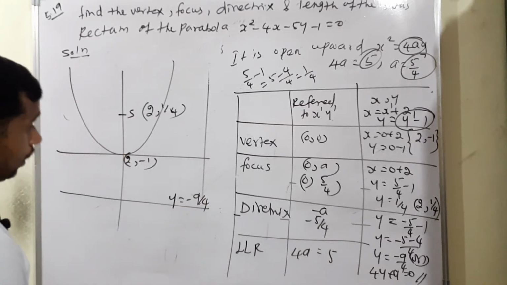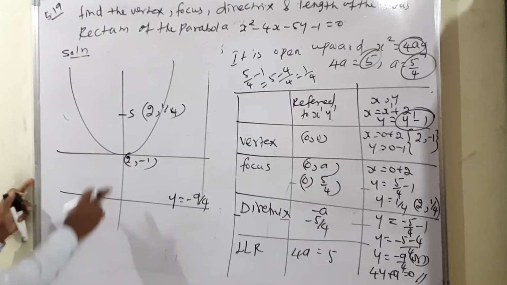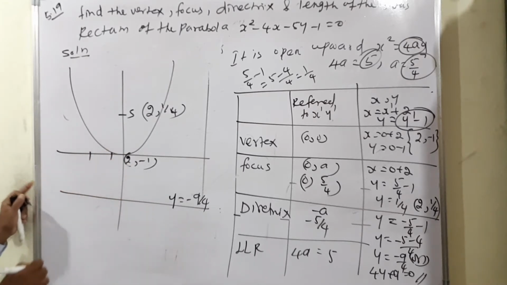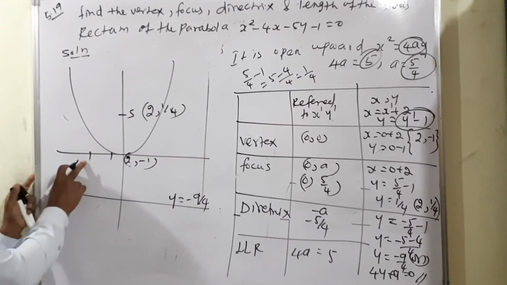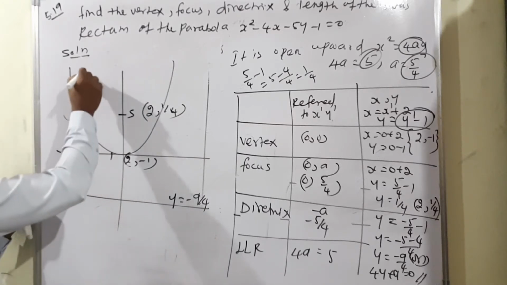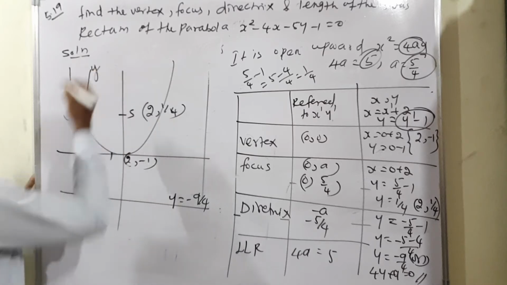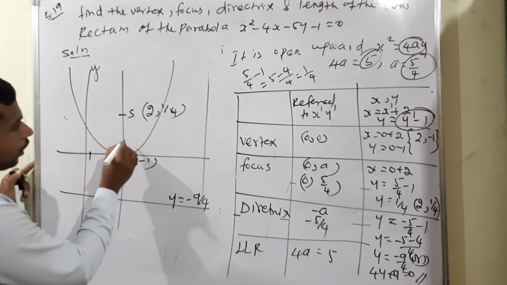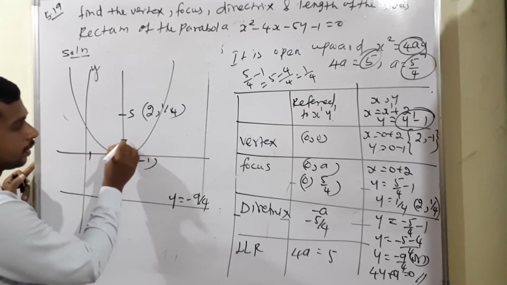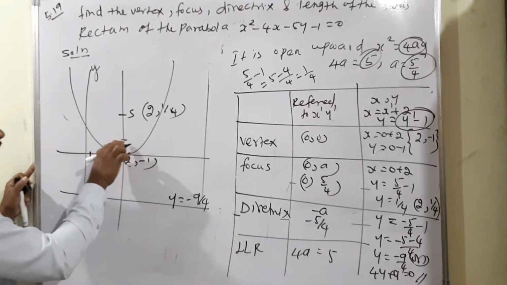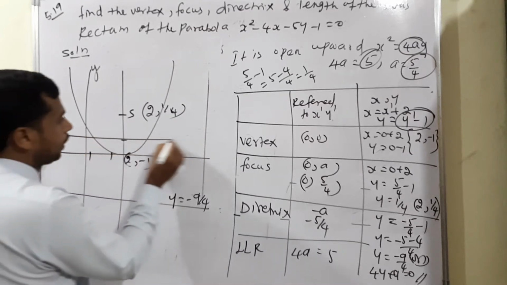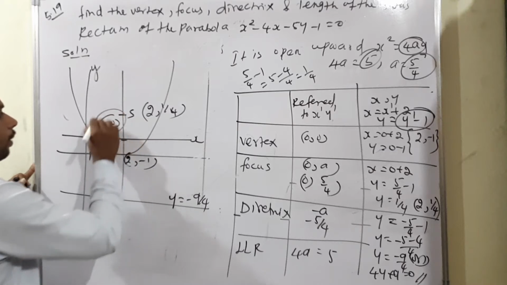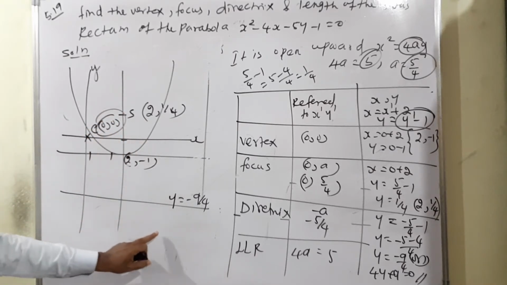Now the last one, the center, we have to find out. Center means this is positive 2, so definitely 1 will come here. So where it meets the axis, the x axis will be 0, that is called y. The next one, this is minus 1 means simply down. Down means this is minus 1, simply we can say 0 will come. This is the y axis, 0 means point of x. This is, we can say, the center. Therefore center is equal to 0 comma 0. Okay, each and every point I have proved.